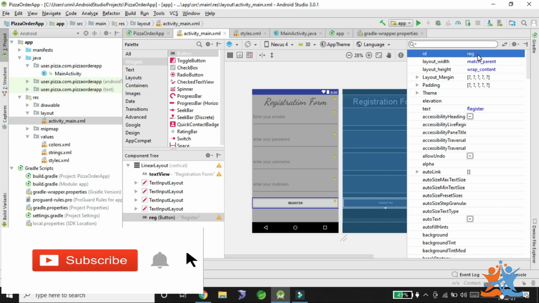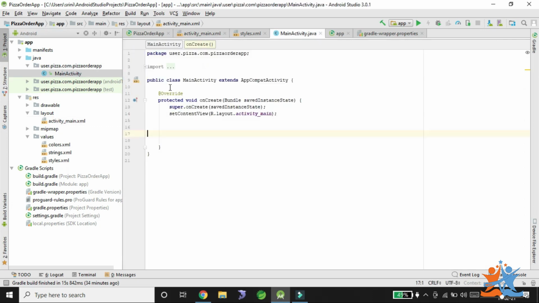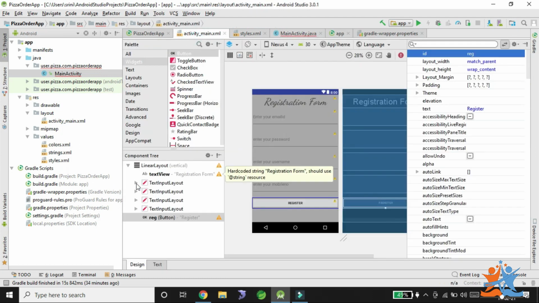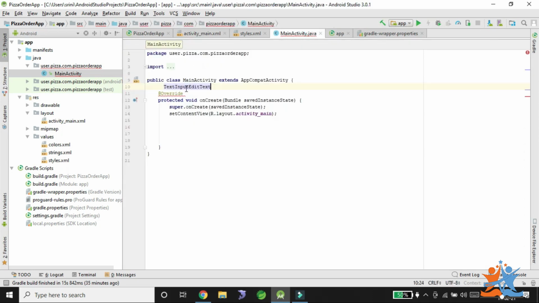So like this is UI creation. This is the way we can do UI development, nothing but layout development. This appropriate activity we have in the main activity. In this main activity we can see what type of things we can take. Text input edit text we are taking. If you observe here, in this text input layout we are taking text input edit text, the same class. We need to write text input edit text.